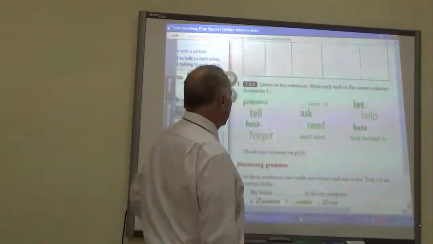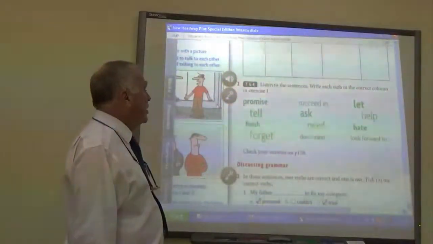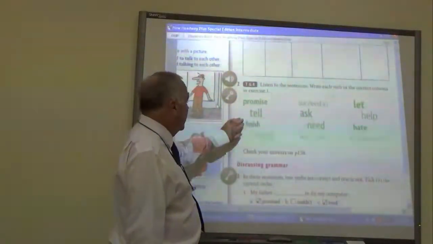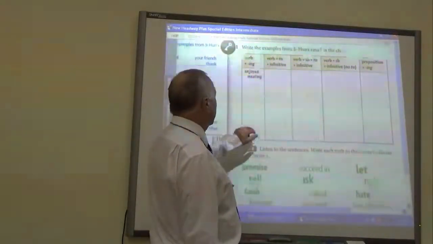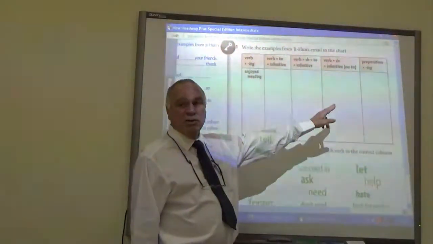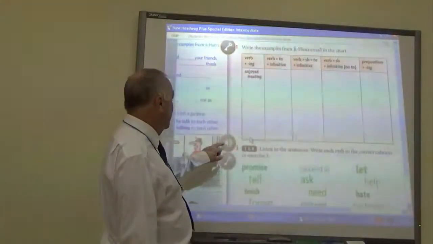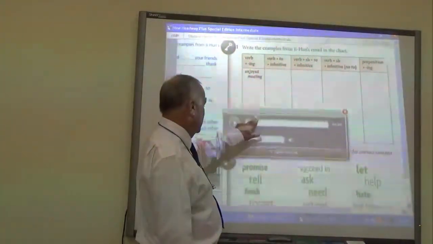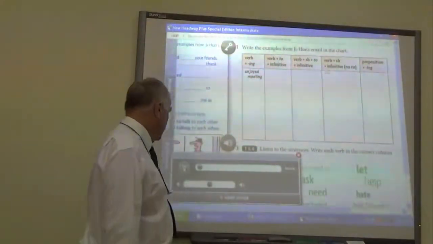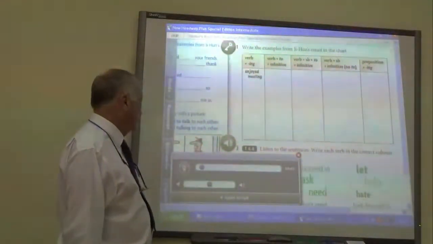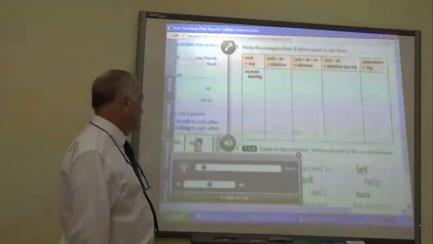Listen to these sentences and write each verb in the correct column in exercise 1. So let's have a listen and see which one of these columns you believe the verb should go. Tape script 6.4. 1.